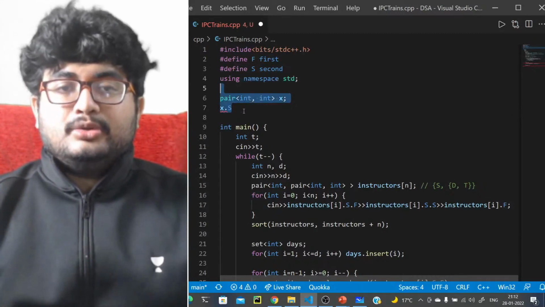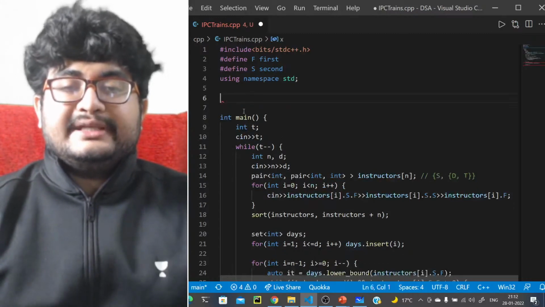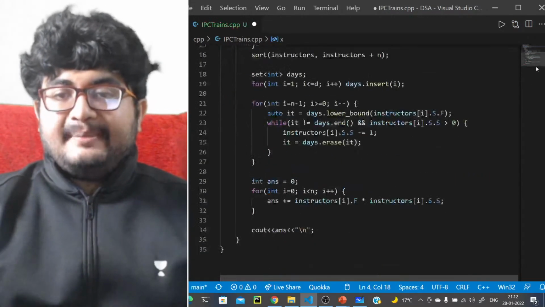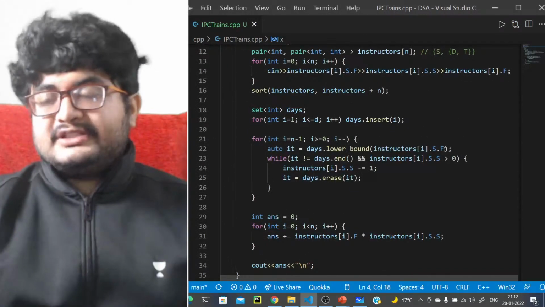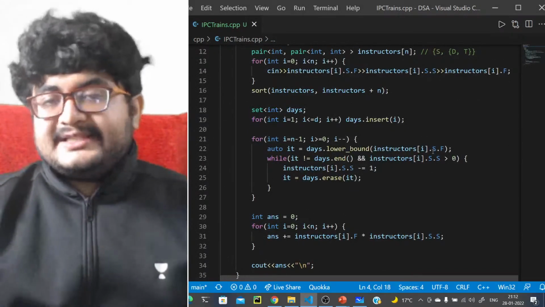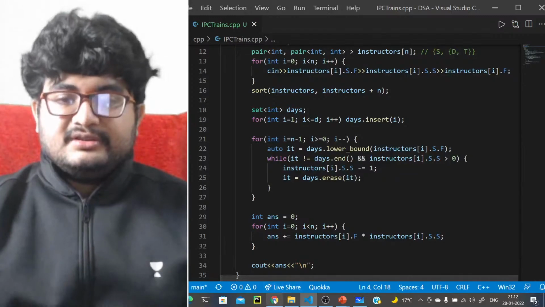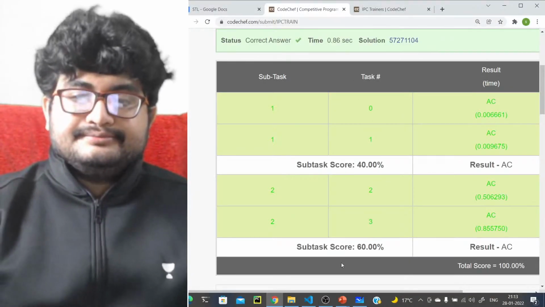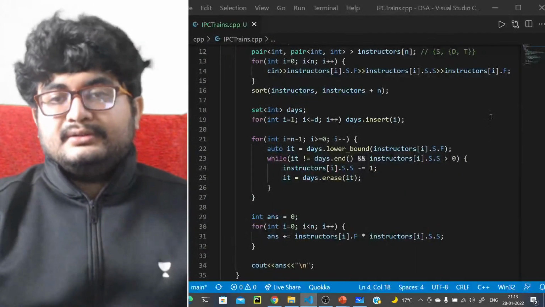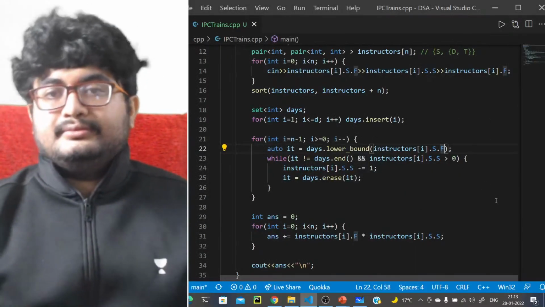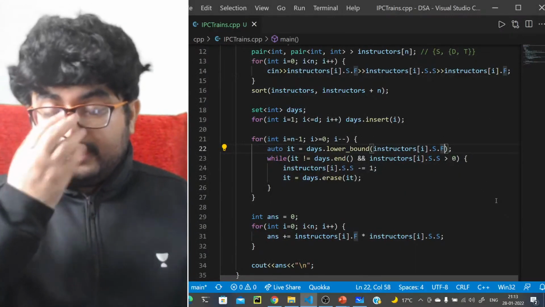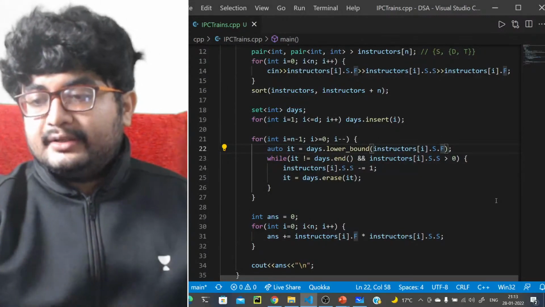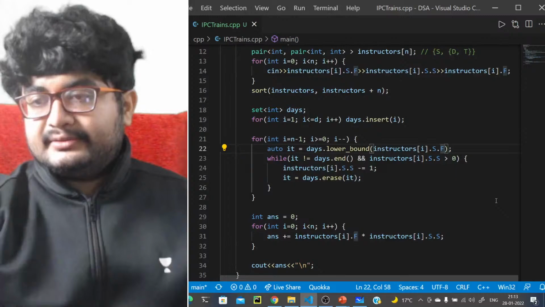So just to make the code shorter, I have defined these two things, that first should be called f, second should be called s, and that's why I'm able to use them like this, second dot first, second dot second. S means second, f means first. Yes, now it's working, right? Cool. Anyone has any doubts with this, or otherwise we can go to a new question actually.